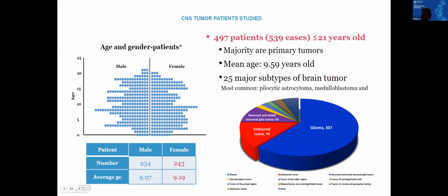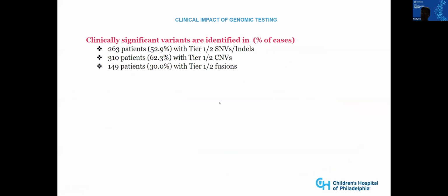As you can see, most of them are, of course, gliomas that include both high grade and low grade, with low grade as the most, followed by embryonal tumors, and then neuronal and mixed neuroglial tumors. This slide shows what are the variants we identified in those patients. 53% of the patients show tier 1, tier 2 SNVs and indels, those are sequence variants,